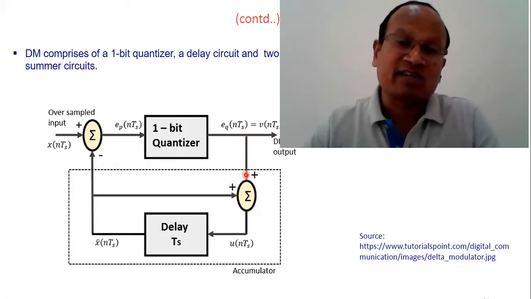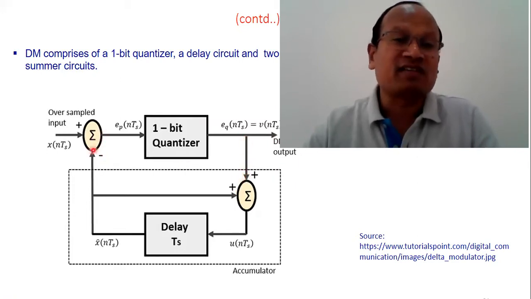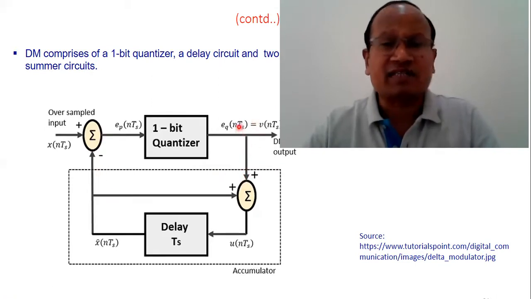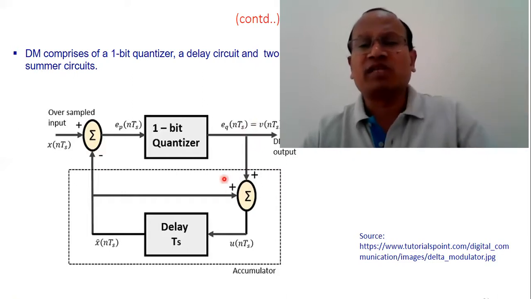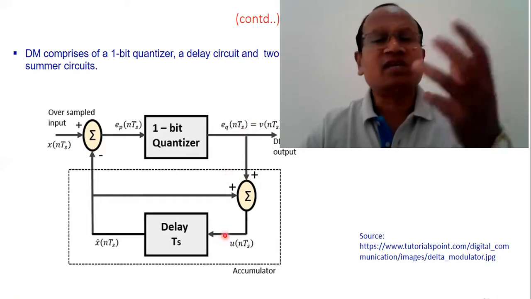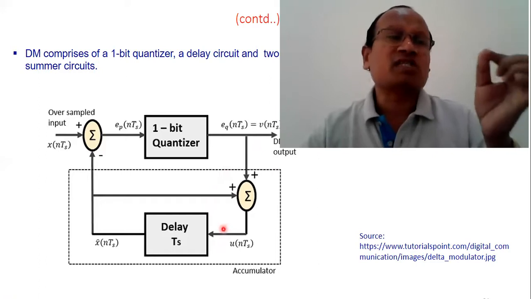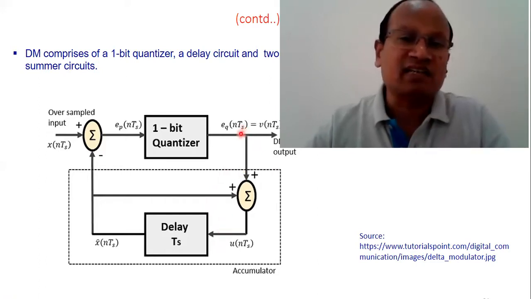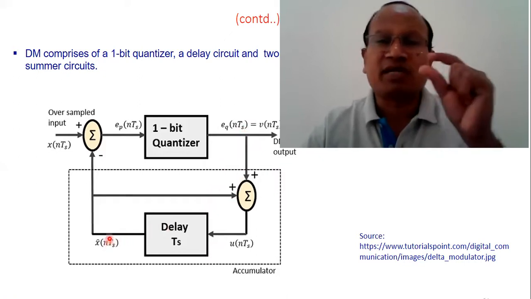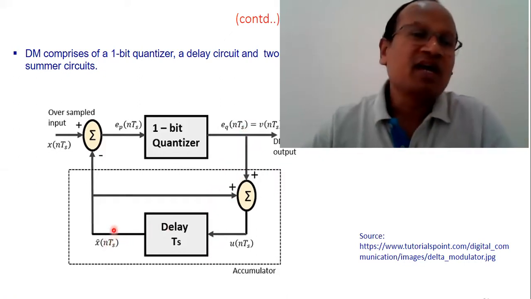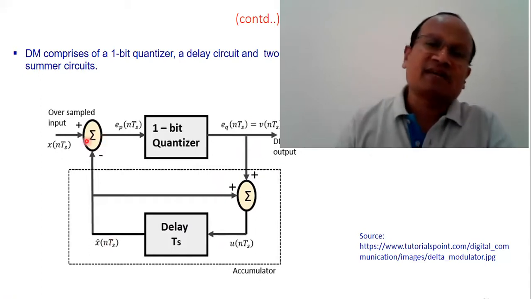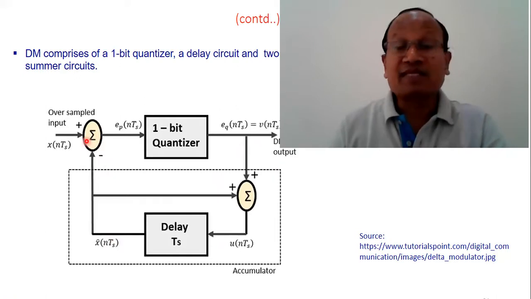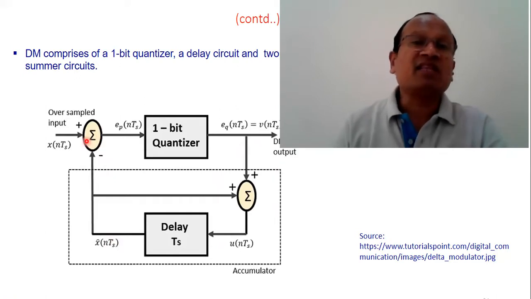So therefore that error signal goes here, and again we get this output from the previous sample. Based on this error signal, we adjust it with the previous value and the error signal, and we get the sample which corresponds to the sample already generated, and then we get an approximated previous sample, and it is compared with the incoming sample. And this keeps on repeating. So there is a loop, there is a feedback element here in the